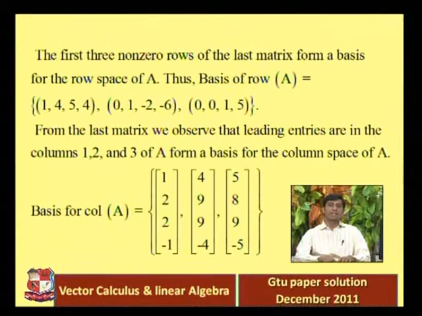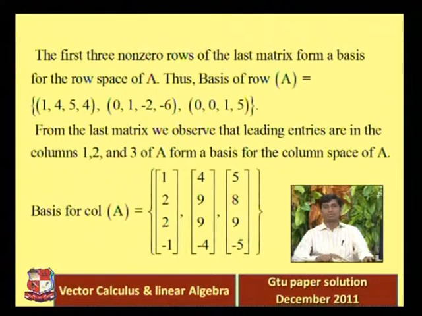And from the last matrix we observe that the leading entries are in columns 1, 2 and 3 of A. So corresponding to those 3 columns, take the first, second and third columns from the given matrix A, right? So the basis for the column space of A is now